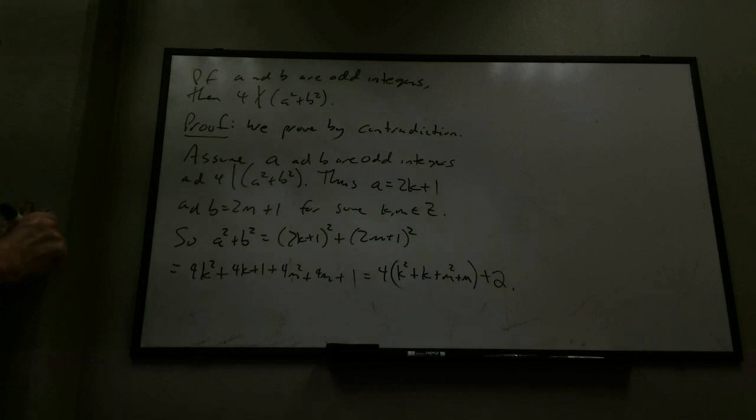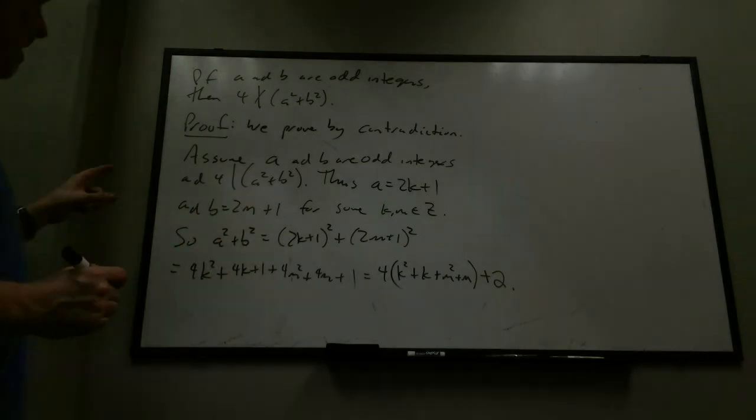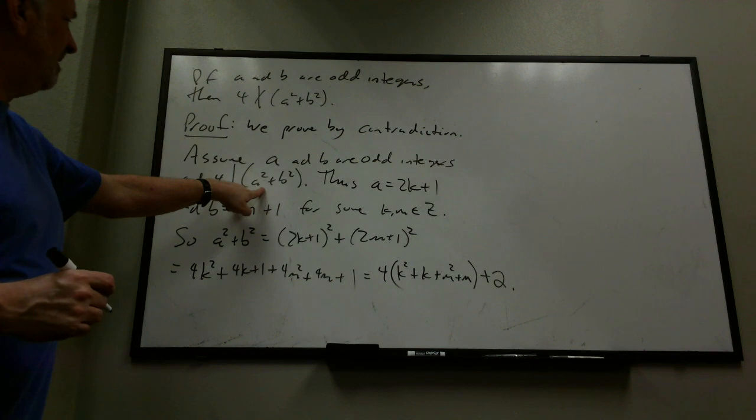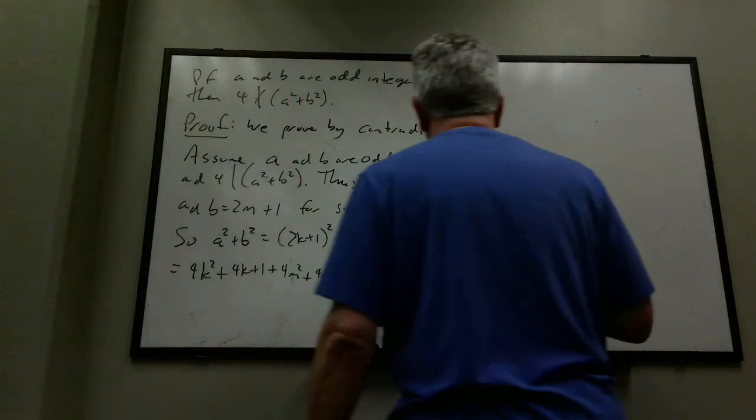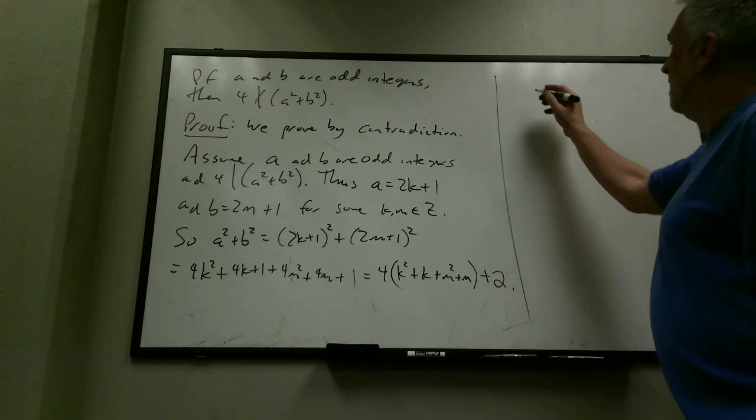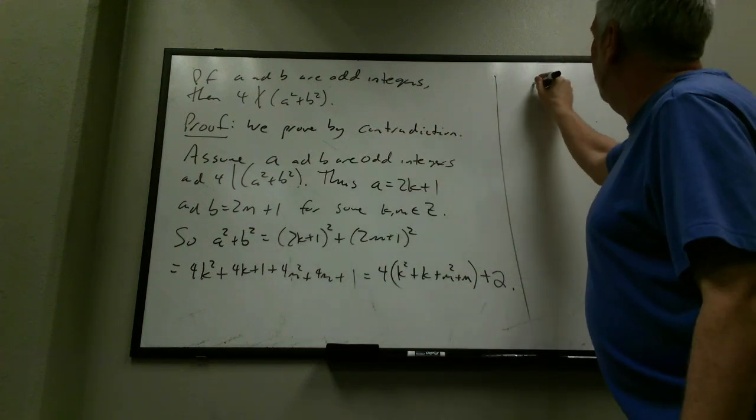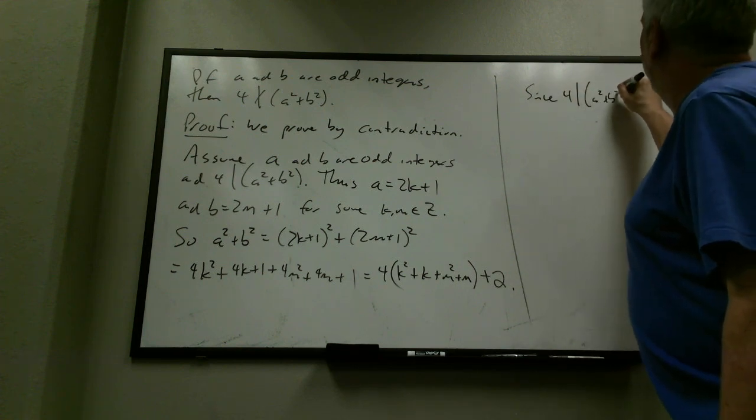Okay. So I've sort of milked what I can from the a squared plus b squared, but using a and b are odd. I haven't done anything with the 4 divides a squared plus b squared. So let's look at that for a second. Okay, so now I'm shifting gears. Since I haven't used this, I'm reminding the reader of this fact. Since 4 divides a squared plus b squared,